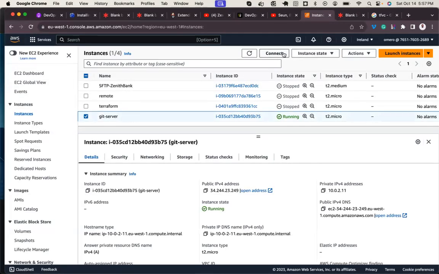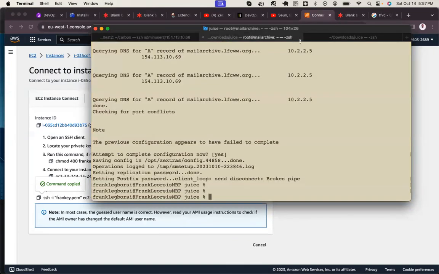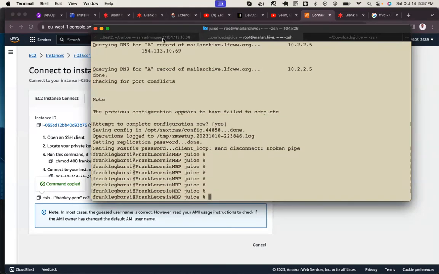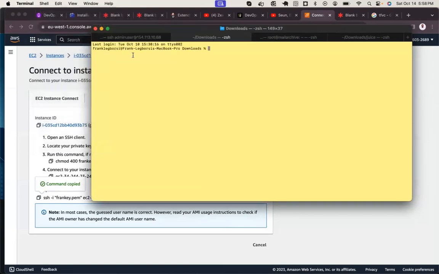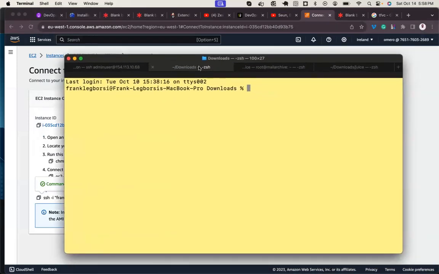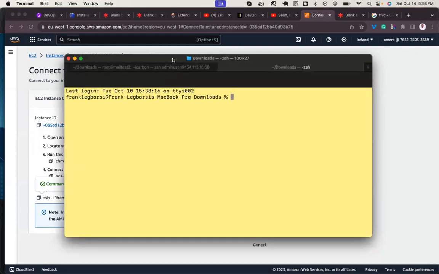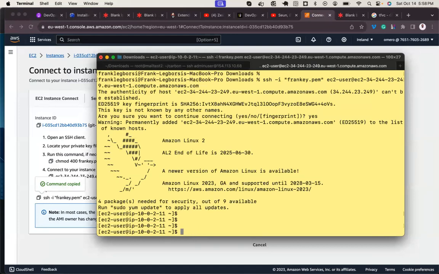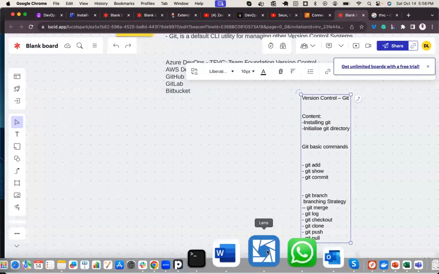Here's my server, connect, SSH client, copy my key, come to my terminal. Great. Now I need to install Git.